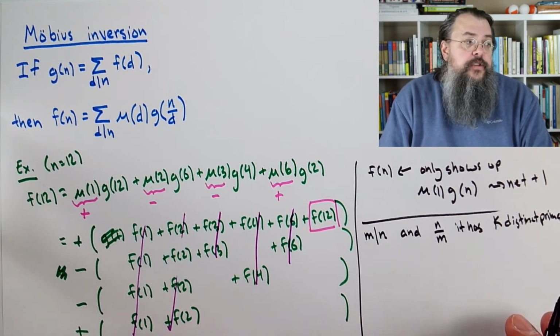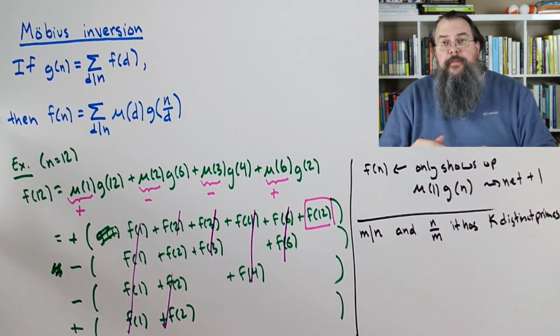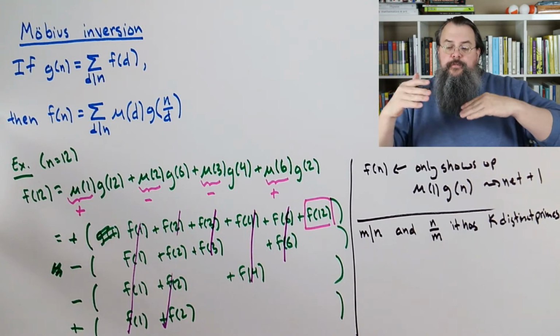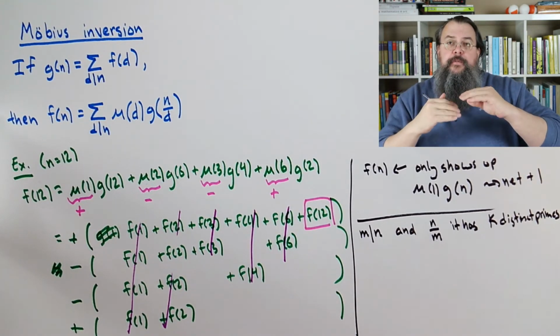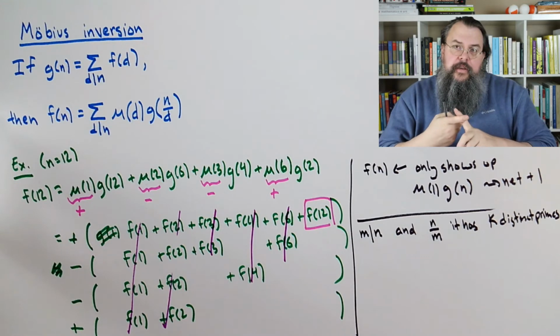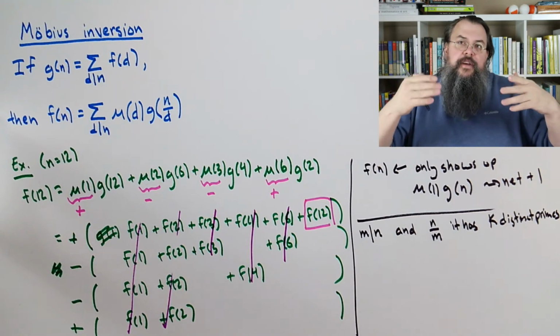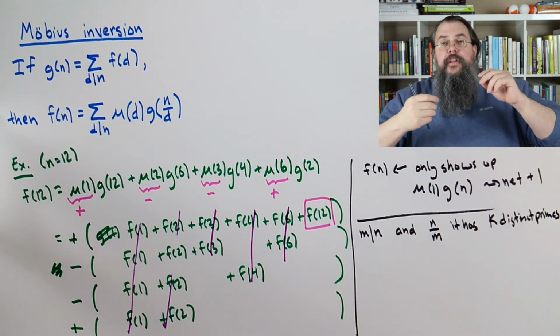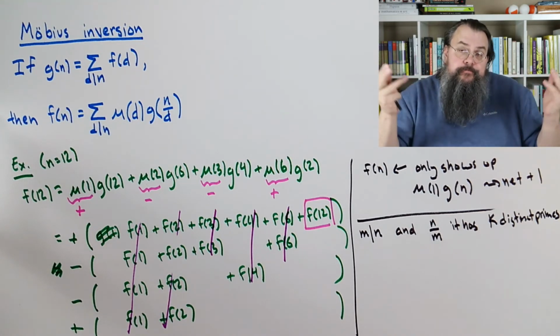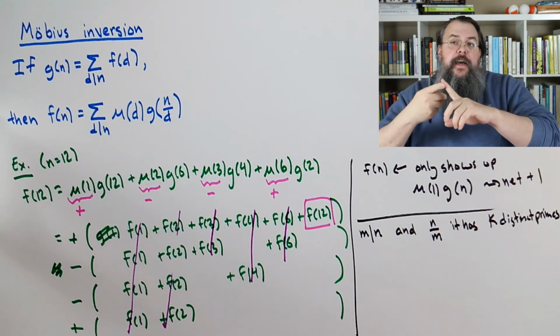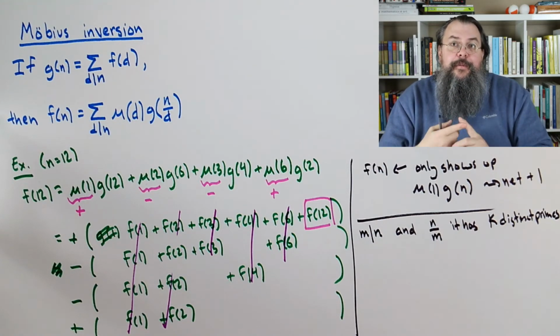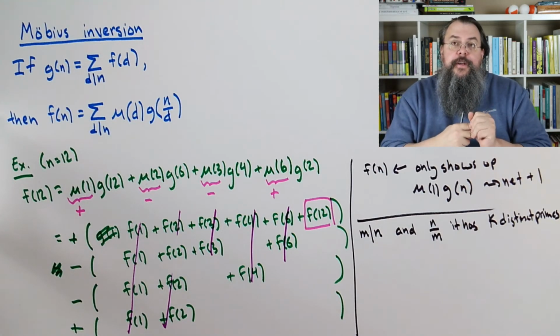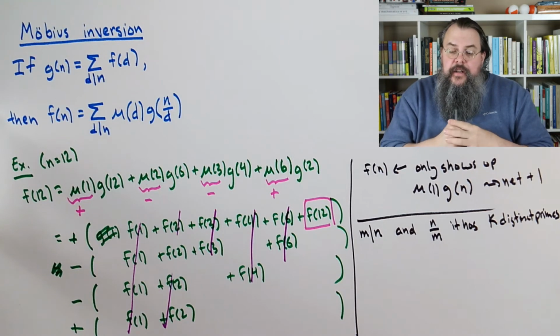Now, I'm not counting multiplicity here when I talk about k distinct primes. I'm saying, how much do they differ? How many primes are there? Suppose n over m was 24. Well, then the primes involved are 2 and 3. I don't care that 2 shows up multiple times. I just want to say it's 2 or 3. And here, this is our great,